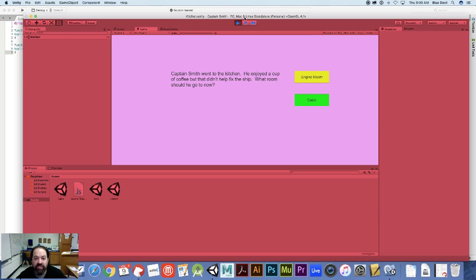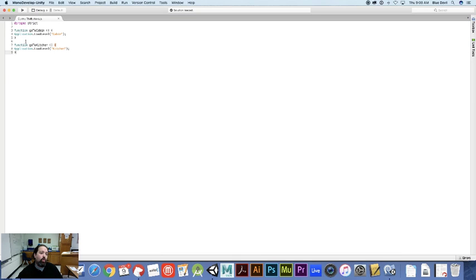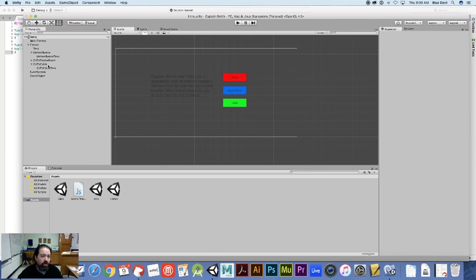Now, I haven't done anything to the buttons in the other scenes. You're going to have to do this to every button so that ultimately inside of your MonoDevelop script, there's going to be a whole bunch of these functions all the way down. But it's all in one script, okay? The other thing you need to keep in mind is that in Unity, when you start programming the buttons in the other scenes, okay, right now we are in the scene intro. When we want to program the buttons in kitchen,